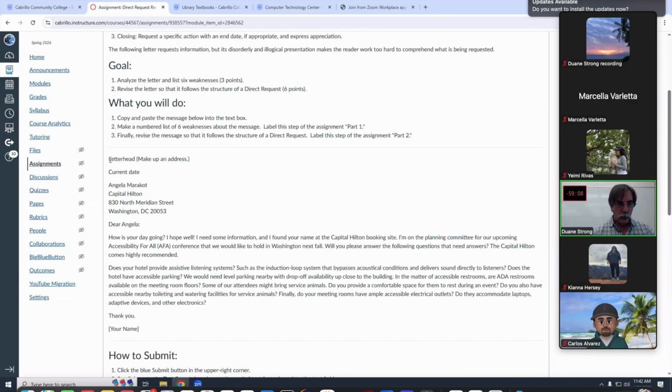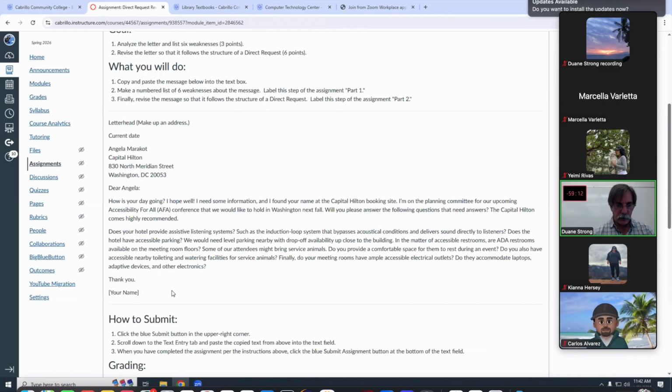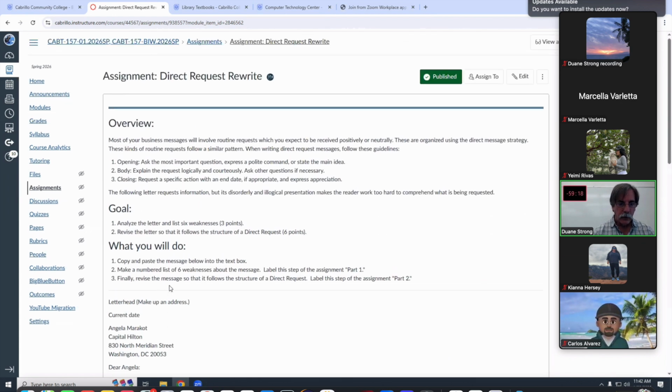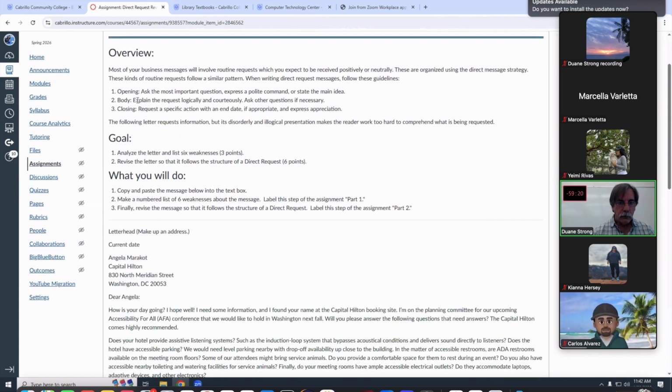So you copy this, mark it, and paste it into the submission text box that will show up when you go down to the submission section. First part, make your numbered list of 6 weaknesses of the message, and then go ahead and revise the message. You can just do it right there in that text box.